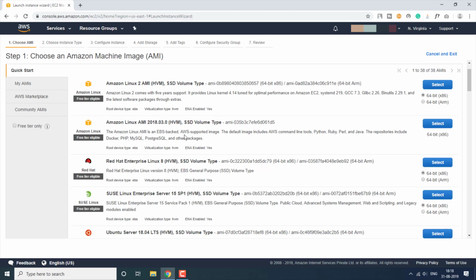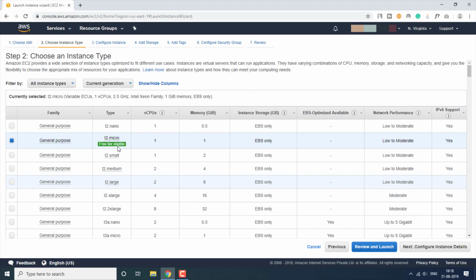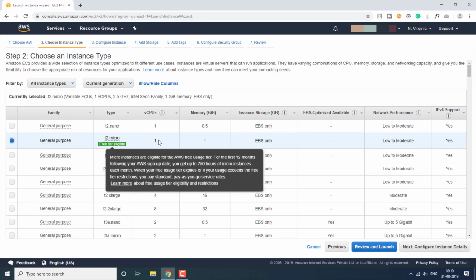Just don't look at anything else, just see whether all these repositories are included, and select it. And then after, you are going to have to select the memory that you want for your instance,